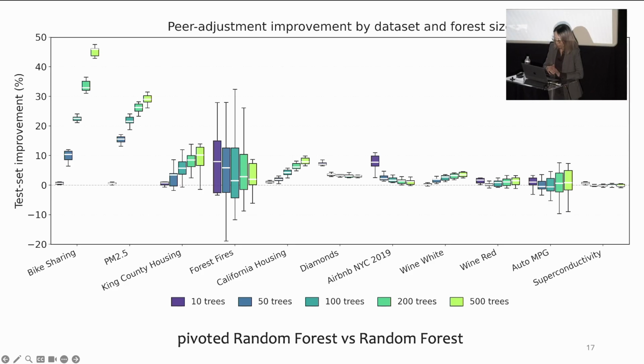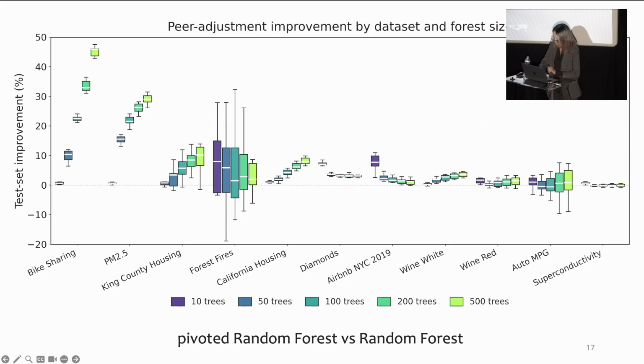That's 11 data sets, 5 forest sizes each. The improvement is consistent, so it's not one lucky data set. The second thing, the pattern I really want you to focus on, is that the lighter boxes, meaning the larger forests, generally sit higher than the darker ones. So the more trees you have, the bigger the gain. And that's exactly what we would expect, because more trees means more shared signal and more for the pivot to